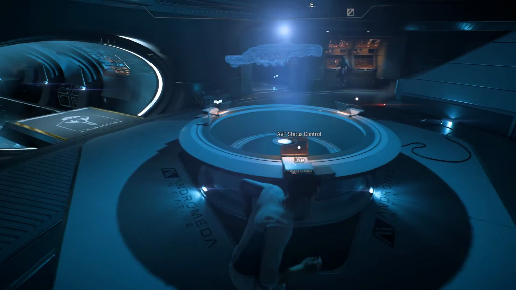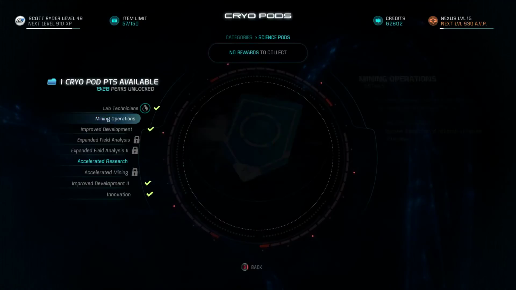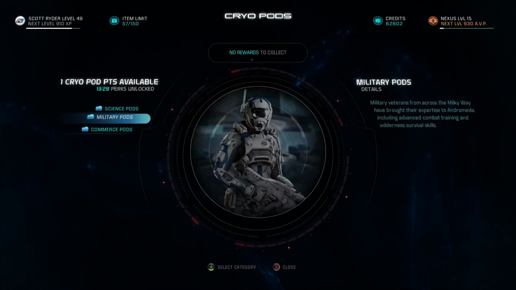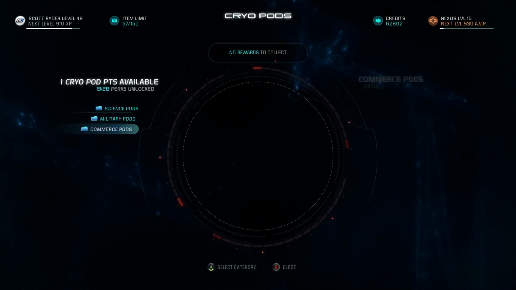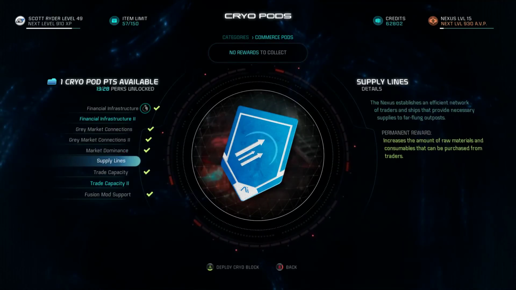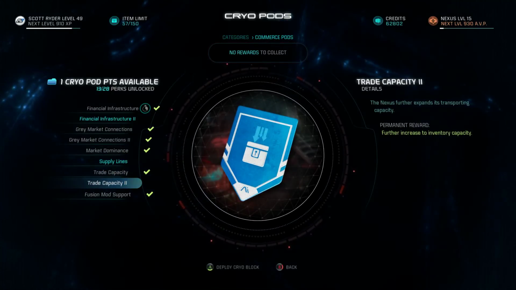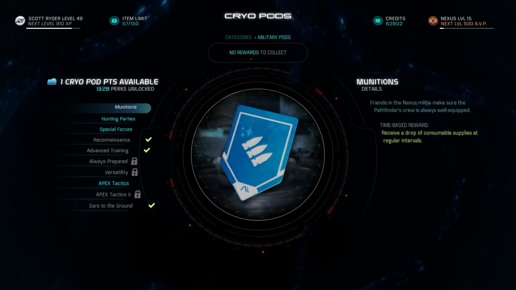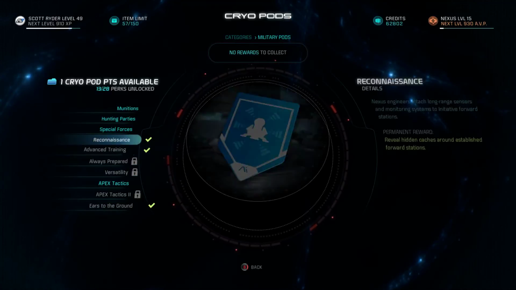No, it seems good. I have an AVP point that I can spend, and where better to spend that than... somewhere. That's not worth it. So, military pods. Apex tactics could be useful. Or commerce pods: more credits, or increase the amount of raw materials and consumables that can be purchased from traders, or inventory capacity. That one is tempting. Now the other thing is, this will give me an extra consumable slot, but I have to...